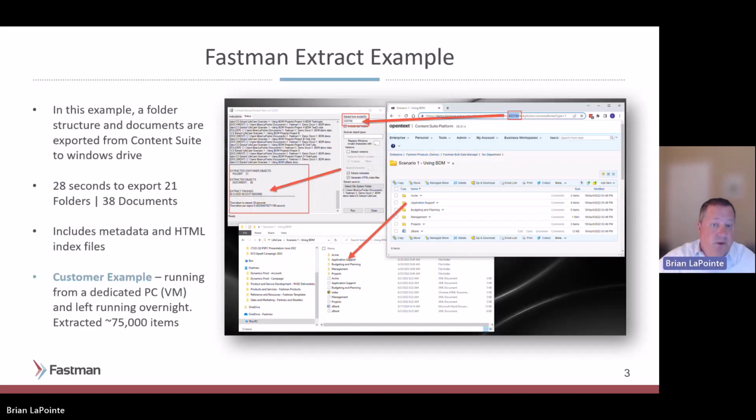How does it work? Well, in this example, I exported a folder structure and its contents to a Windows drive. It took 28 seconds to export 21 folders and 38 documents. And you can see where I used the folder object ID from Content Suite. I entered it into the Fastman Extract application, and when you run the job, the Extract application nicely displays the audit logs,